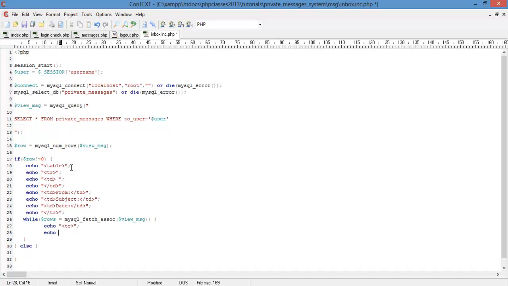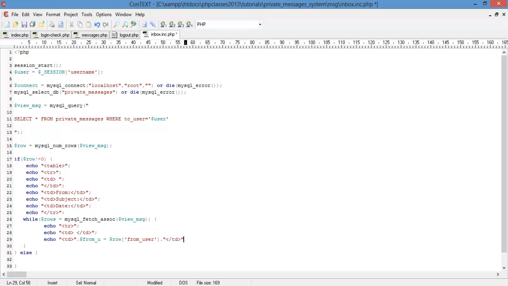Then we do echo td, then something. For now we don't want to put this, so you're just going to leave it like that, and then echo td, then you're going to say here from u equals the row, then from user, and then